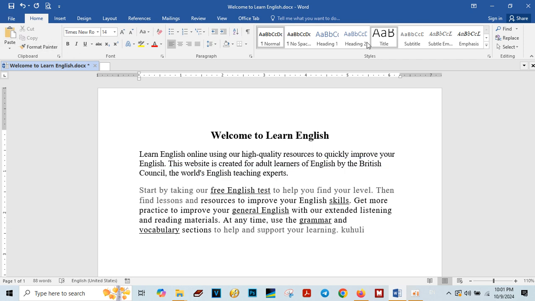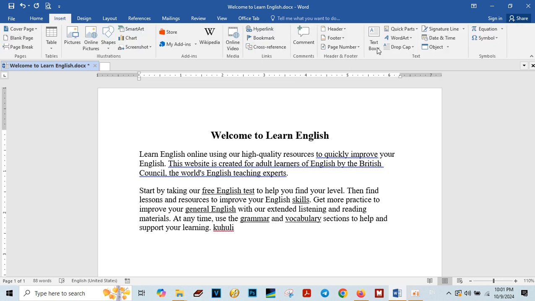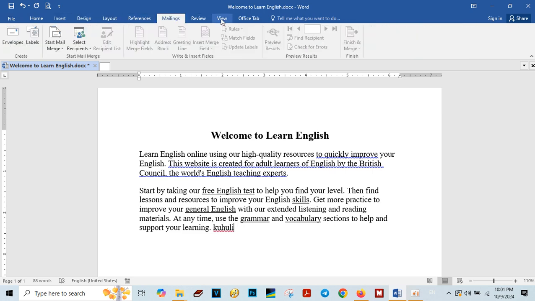The formatting bar here, we can use it for our document to work here, right? Okay, this is what we call the formatting bar. Insert here also has one, right? Okay, insert, design, layout, and so on. Okay,